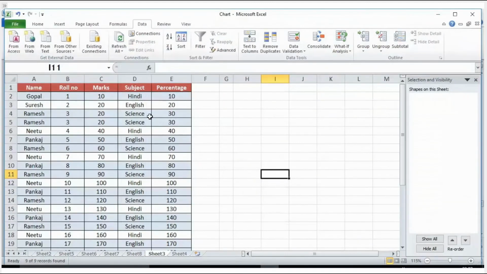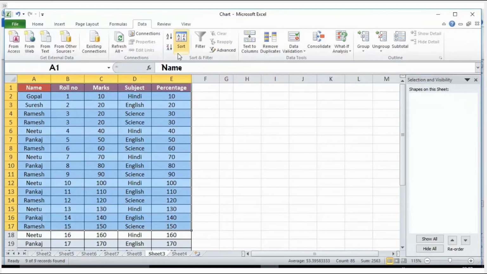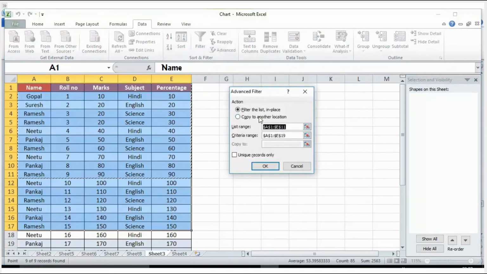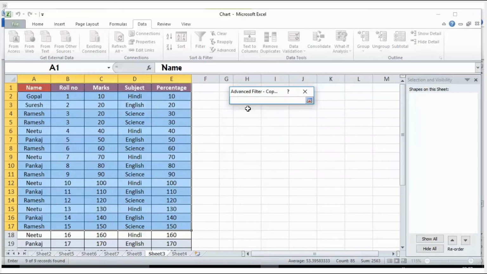Filter for unique values. Select the range of cells or make sure the active cell is in a table. On the Data tab, in the Sort and Filter group, click Advanced. In the Advanced Filter dialog box, to filter the range of cells or table in place, click Filter the list in place. In the Advanced Filter dialog box, to copy the results of the filter to another location, click Copy